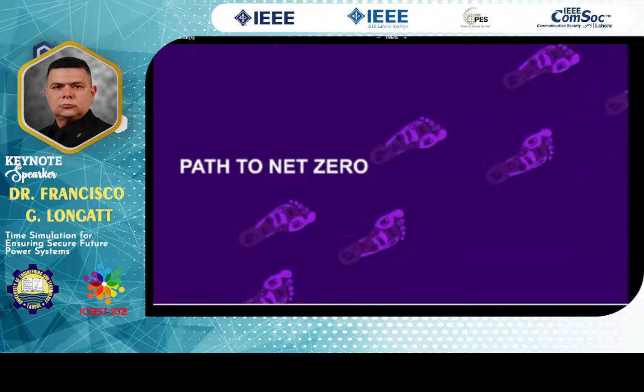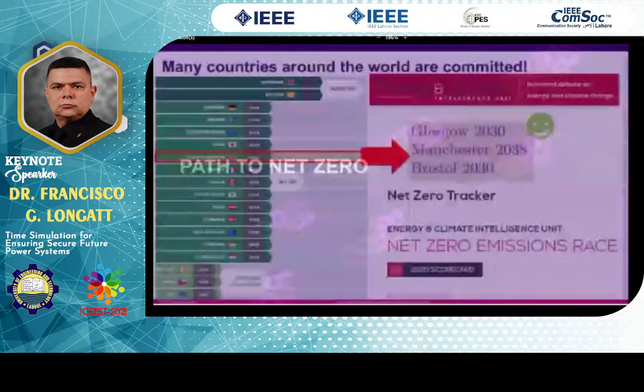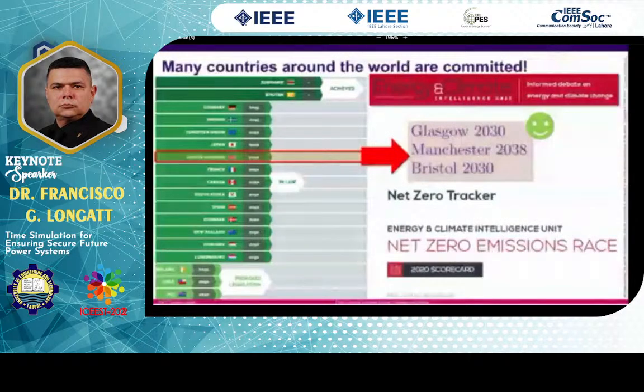we are receiving the consequences of global warming. Now, what is interesting is that many countries around the world have committed to reducing these CO2 emissions. And there are many countries that already have targets in legal form that they engage for the net zero position. And in this slide, you can see that there are already several countries around the world that are already at net zero. That is the beautiful case,